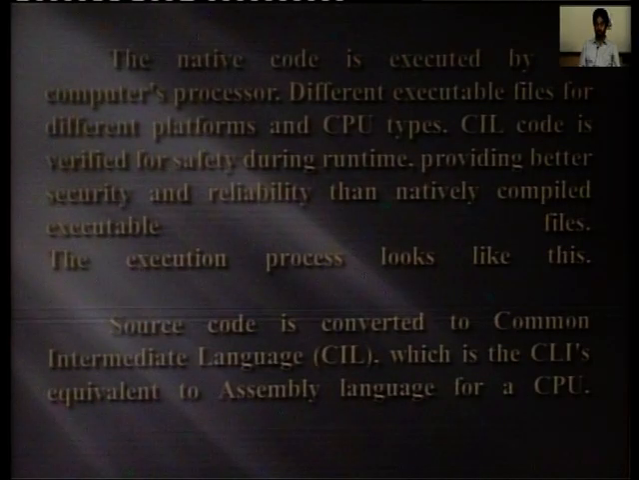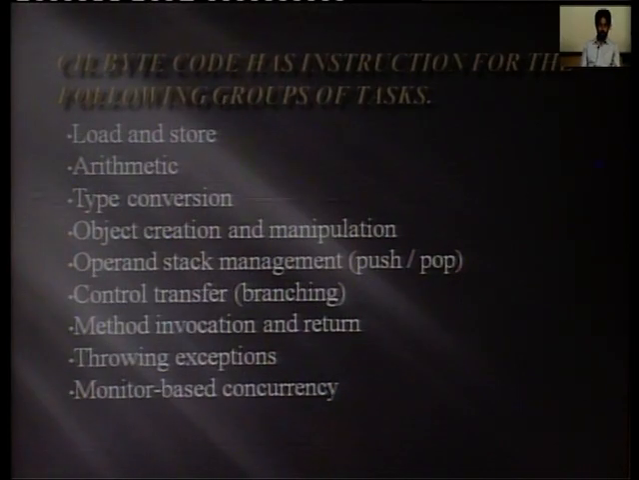The execution process looks like this. The source code is converted to a common intermediate language, which is CLI's equivalent to assembly language for the CPU. ਸੋ CPU ਲਈ ਜੋ ਵੀ CIL ਕੋਡ ਜਨਰੇਟ ਹੋਏਗਾ ਜਦੋਂ ਵੀ ਅਸੀਂ .NET frameworks ਕੰਮ ਕਰਾਂਗੇ, ਜਿਹੜਾ ਵੀ ਕੋਡ ਜਨਰੇਟ ਹੋਏਗਾ that is equivalent of the assembly language for the CPU. CPU ਲਈ ਉਹ ਕੰਮ ਕਰੇਗਾ ਕਿ ਇੱਕ assembly language ਦੀ ਜਿਵੇਂ assembly language ਹੁੰਦੀ ਹੈ, ਸੋ ਉਹ ਉਸ ਤਰੀਕੇ ਨਾਲ CPU ਲਈ ਕੰਮ ਕਰੇਗਾ, ਭਾਵੇਂ ਉਹ ਨੈਟਿਵ ਕੋਡ ਹੈ ਭਾਵੇਂ ਉਹ ਬਾਈਟ ਕੋਡ ਹੈ।